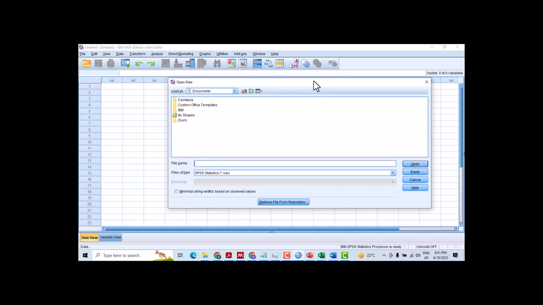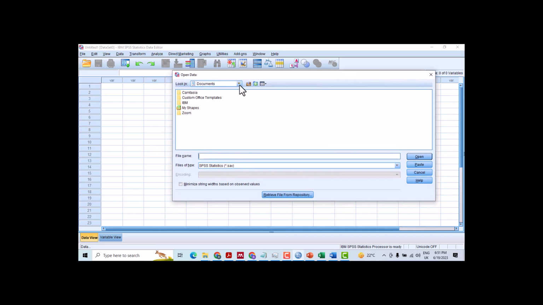Once data is opened, you're going to see this, the file picker. So just go to the location where your document is saved. For me, it's in drive D. Next, it's in projects. Okay, so mine is in that file. I've navigated to the file where it is. If you don't want to navigate like that, you could simply save your data in your downloads, and then you can work from there. I know it's in this folder, but notice SPSS is looking for SPSS files which are